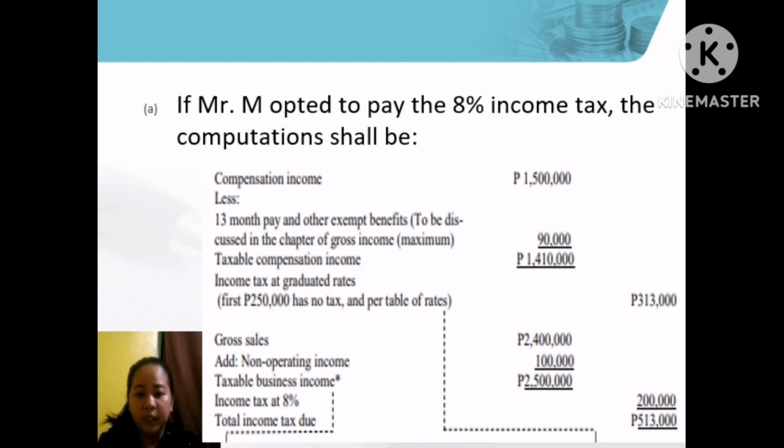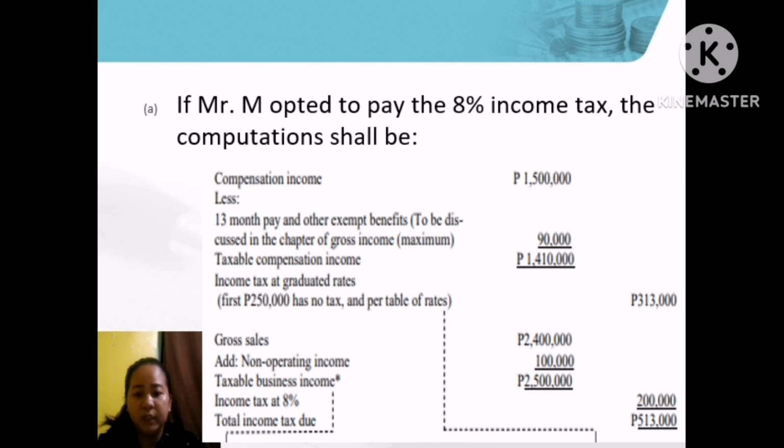So, letter A, if Mr. M opted to pay the 8% income tax, the computations would be where it is given that the compensation income is 1.5 million. So, kailangan po nating ibawas yung mga tinatawag na 13-month pay o yung iba pang exempted benefits, which is 90,000